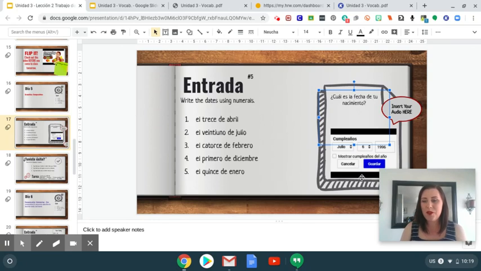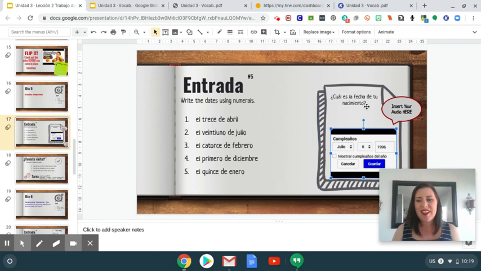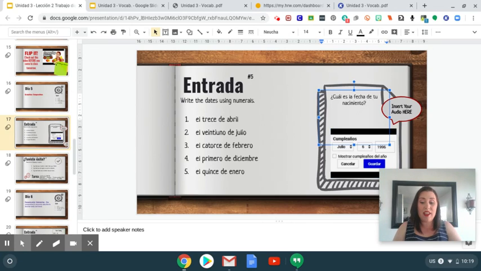So you kind of have an example here, what you might see on a computer screen in Español. And on this, your answer could be something like mi fecha de nacimiento es, then your day, your month, and then your year. Okay, so we've done something similar before, it's just in a different sentence format. Okay, so your ejemplo is mi fecha de nacimiento es el 27 de enero de